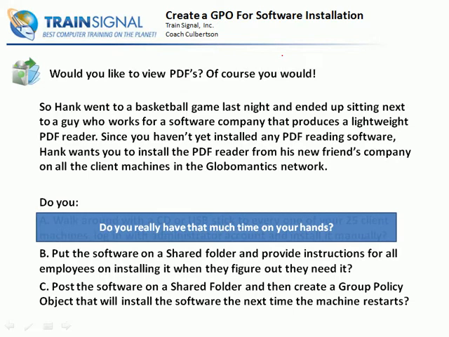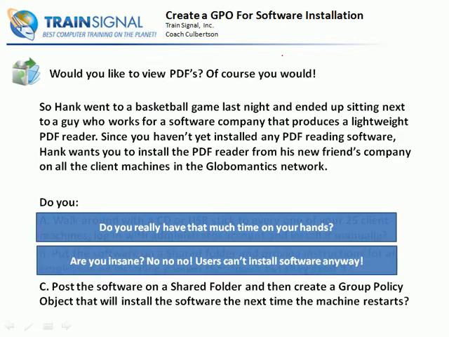First of all, on option A, do you really have that much time on your hands? I mean, walking around to 25 machines, logging in, and then installing the software? If you're on billable time and you just need to burn some hours, I say, hey, go for it. On option C,